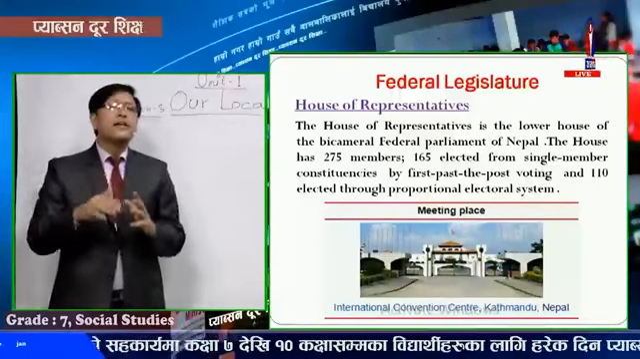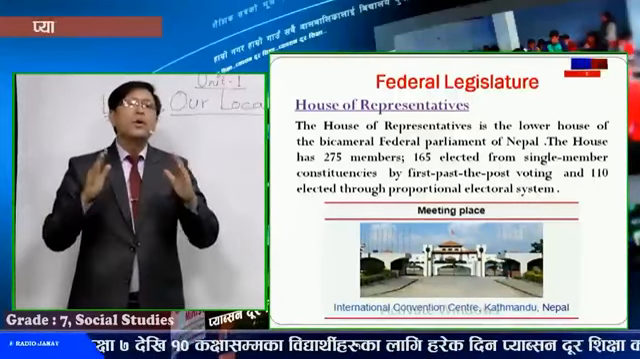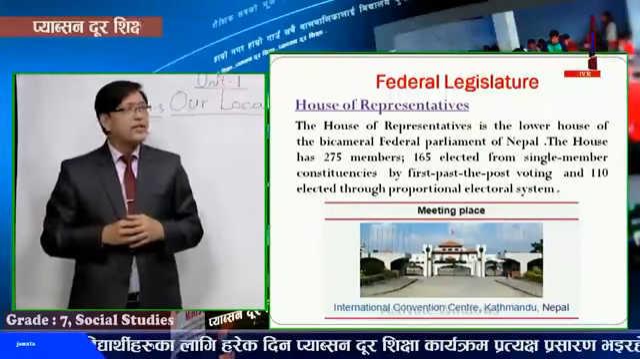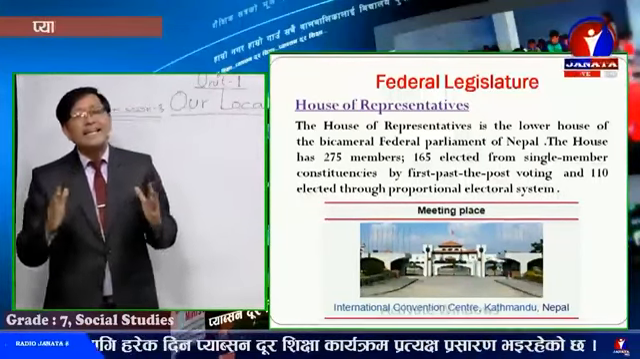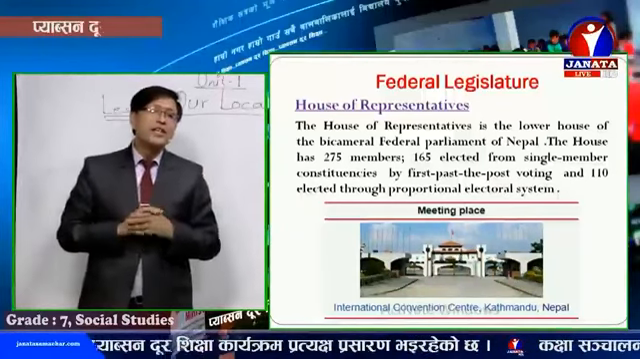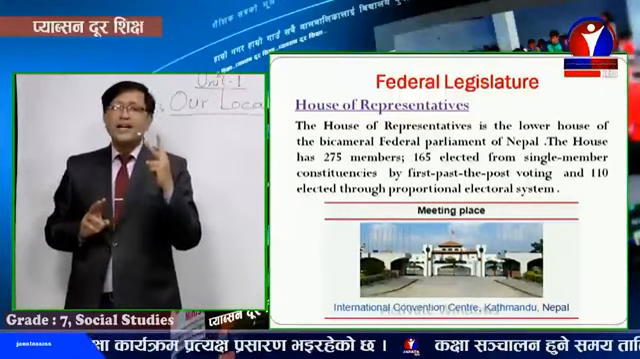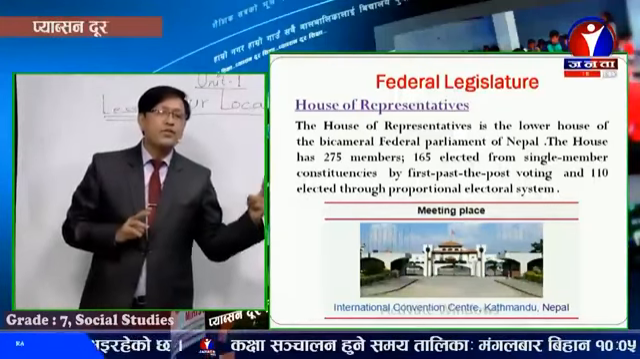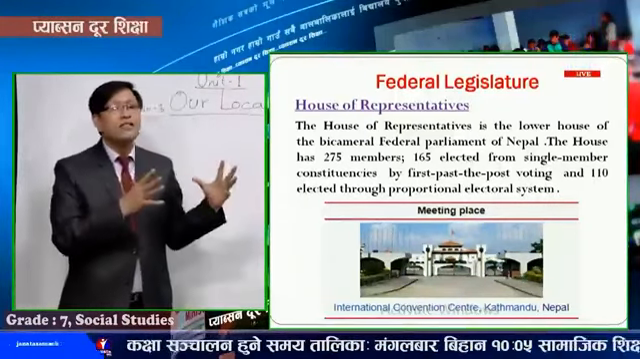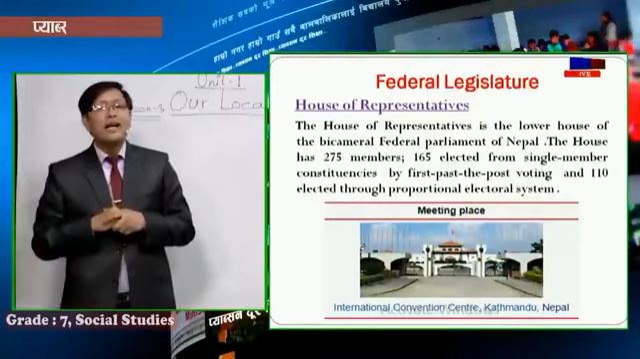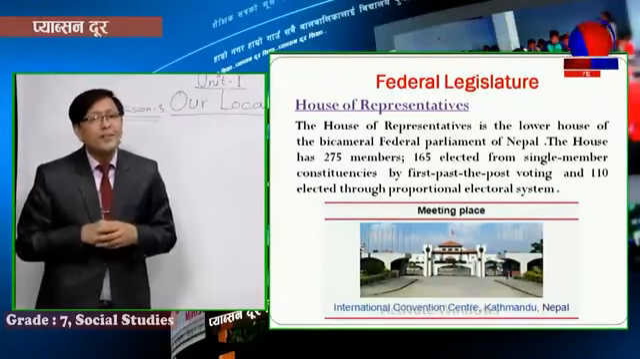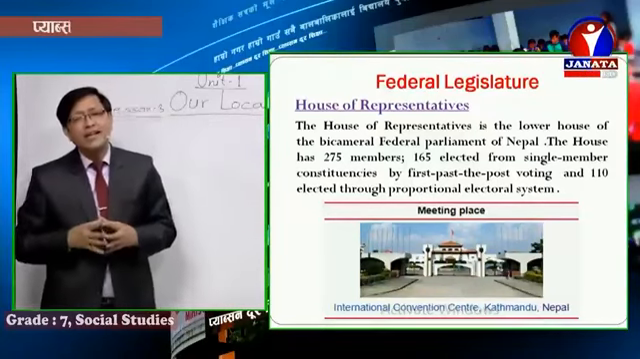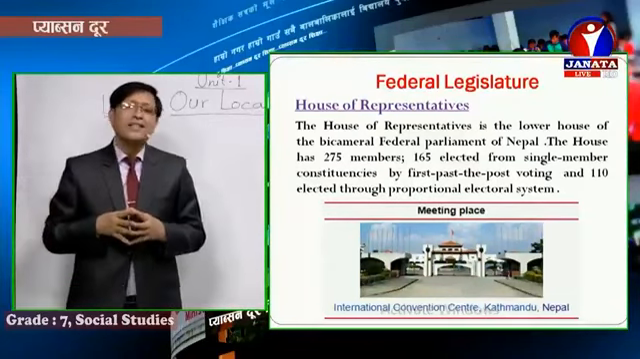So boys and girls, let me tell you very clearly, the House of Representatives is the lower house of the federal legislature, clear, and it has 275 members, out of which 165 get elected through the first past the post electoral system, means प्रत्यक्ष निर्वाचनबाट 165 जना प्रतिनिधिहरू चुनिन्छन् र भाइ बहिनीहरू 110 जना चाहिँ समानुपातिक निर्वाचन प्रणालीद्वारा चुनिन्छन् र